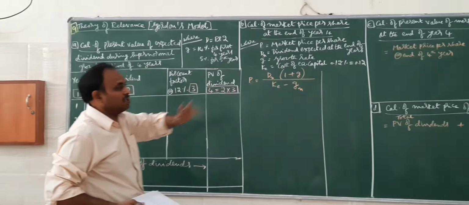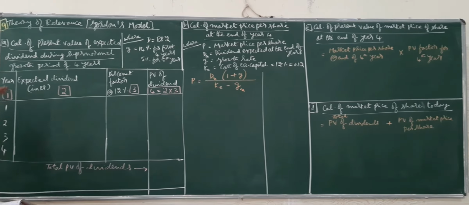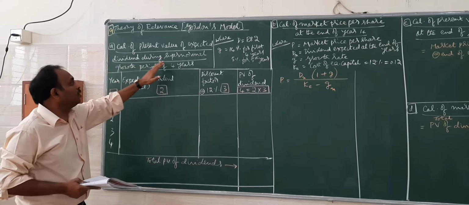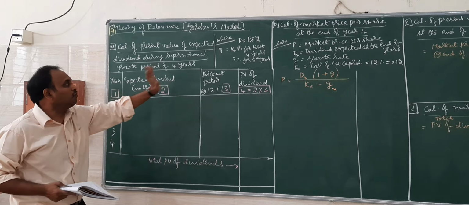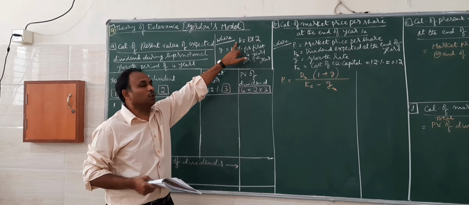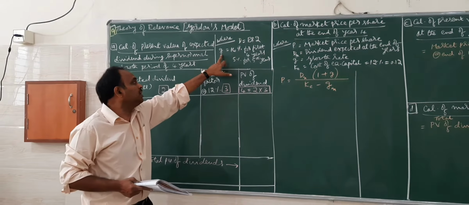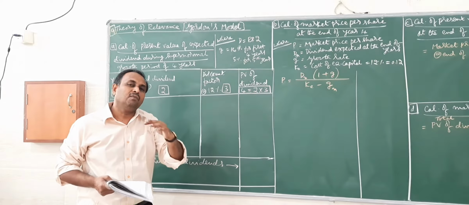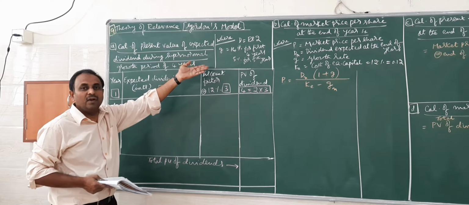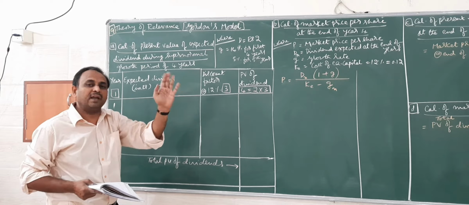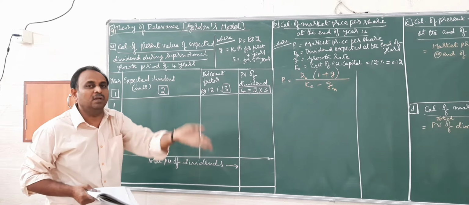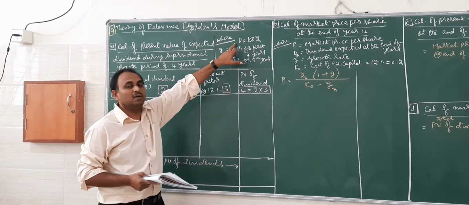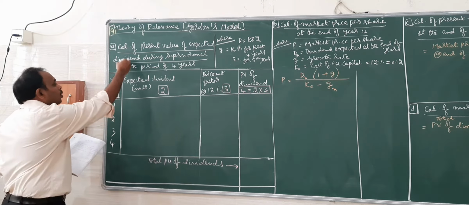So there are 4 steps here for calculation of market price. First, we have to check the present value of expected dividend during the supernormal growth period of 4 years. Dividend as of today is ₹2, but it is going to grow. G talks about the growth of dividend. That means the company gets more profit. When the company gets more profit, the dividend paid at the first year end, second year end, third year end, fourth year end also will increase. What is the expected dividend payment in the future? That is what the dividend growth model is about.